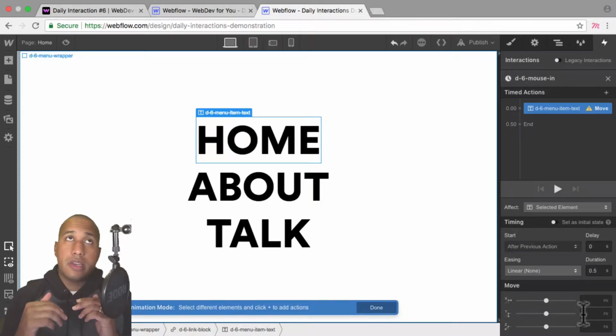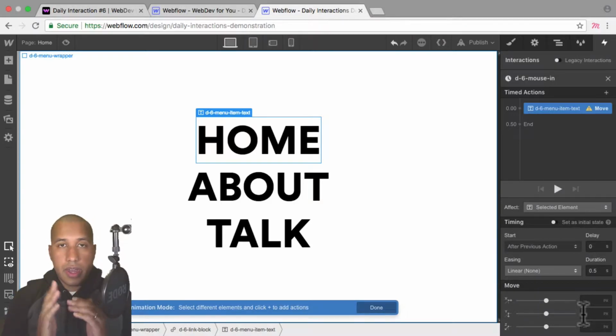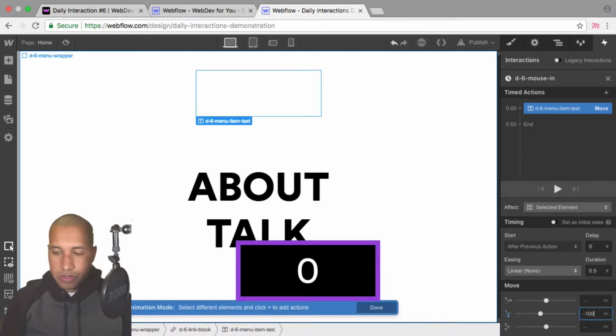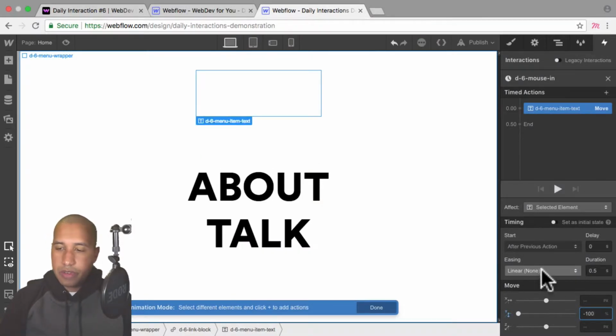So I'm going to enter in negative 100% on the y-axis to move it up. So on move, I can move it X, Y, or Z, and we're going to move it on the Y to move it vertically. So here I'll say negative 100%. Okay, and for the easing, I'll say ease out expo, and a duration of 0.5 is okay.